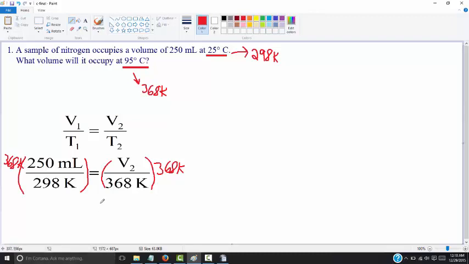Kelvin. And when we do so, these values cancel each other out. We're just left with V2 over here. 368 Kelvin multiplied by 250 milliliters, that quantity divided by 298 Kelvin, gives you a total of 308.7